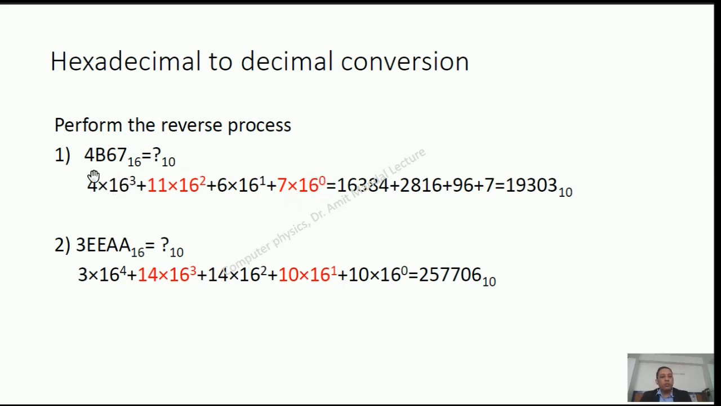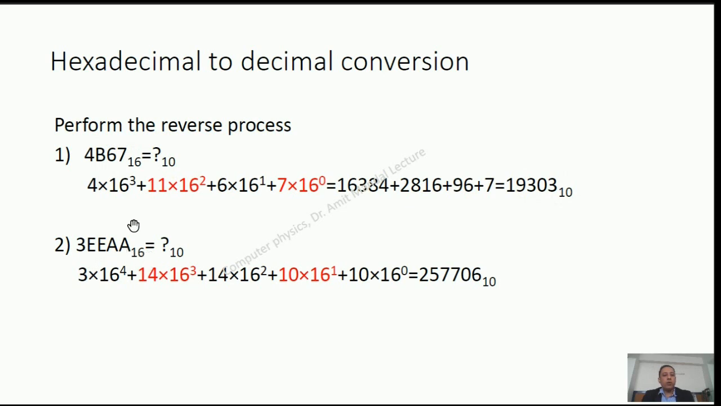Now this 4 into 16 to the power 3 is 16384, and this 11 into 16 square is 2816, 6 into 16 is 96, and 7 into 16 to the power 0 is 7. Adding up all these, you are getting 19303. So this is the decimal representation of this hexadecimal number. One more example,